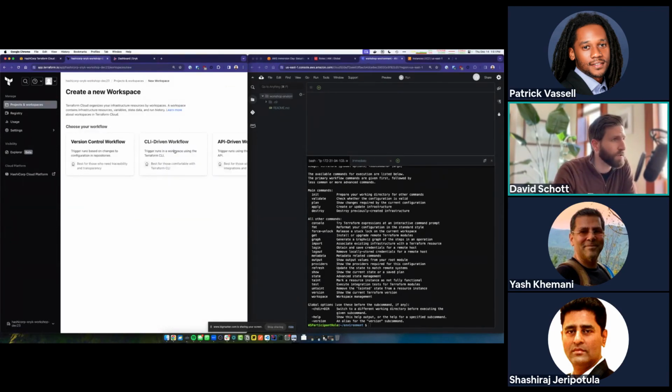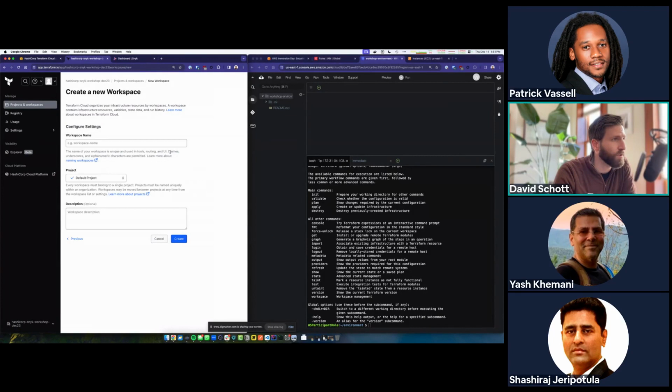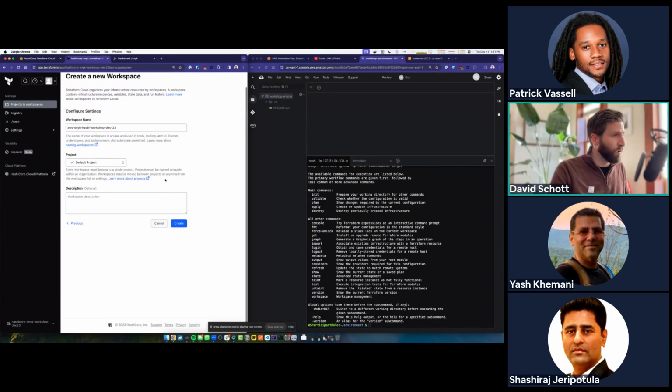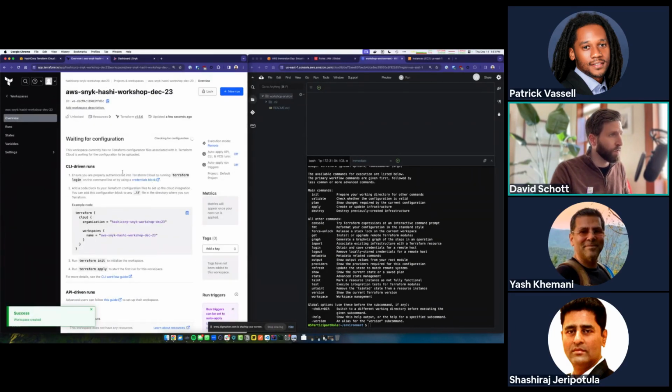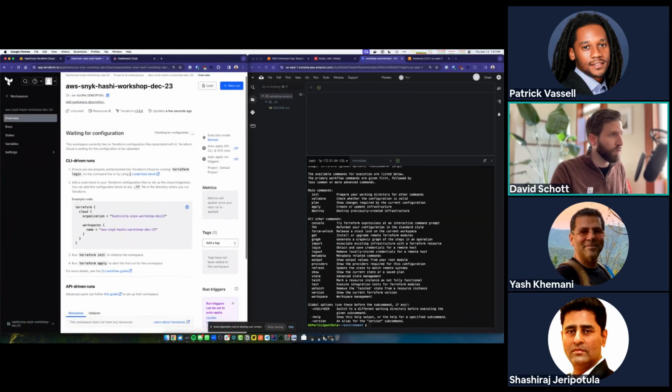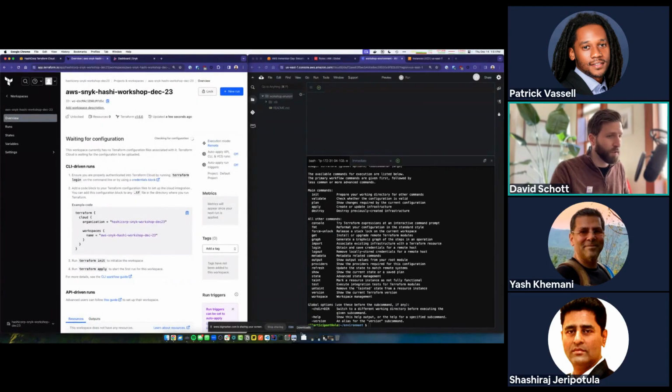I'm going to select CLI-driven workflow, just like the instructions. And for the workspace name, let's call it AWS Snyk Hashi Workshop, December 23. Everything else we can leave blank and create that. So we should have a new workspace in Terraform Cloud.